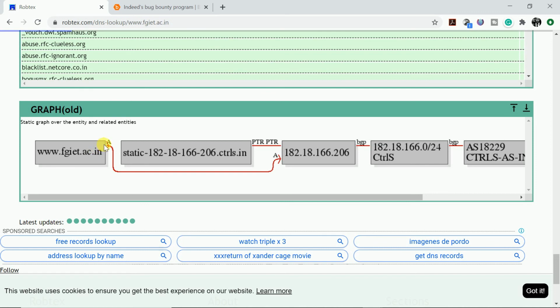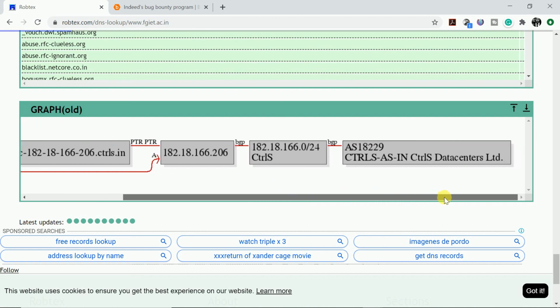So this fgit.ac.in is associated with this 82.18.166.206. Okay, so what I told you about A records, it is the association of this domain name to its corresponding IP address. So BGP, you can see here, is Border Gateway Protocol. It is mostly related to security. PTR is a kind of pointer pointing towards this particular IP address.